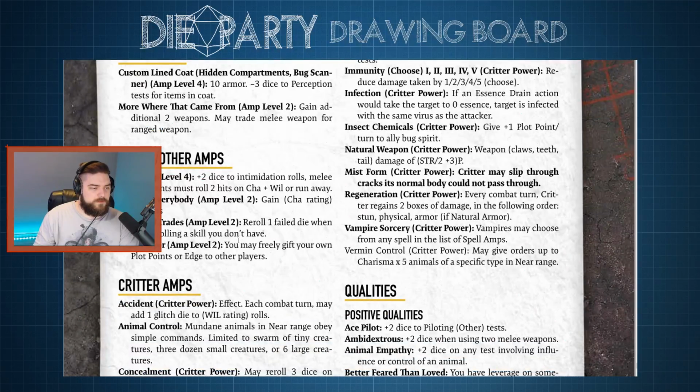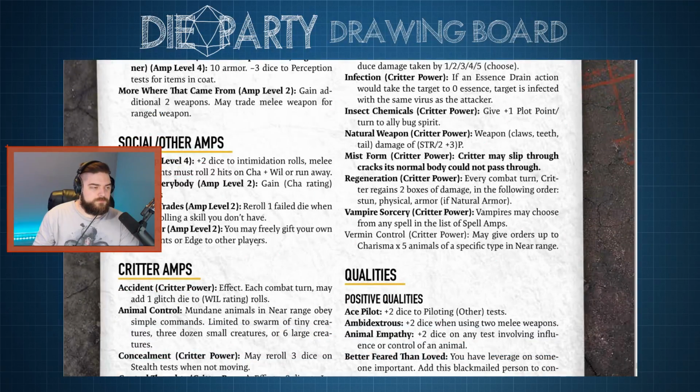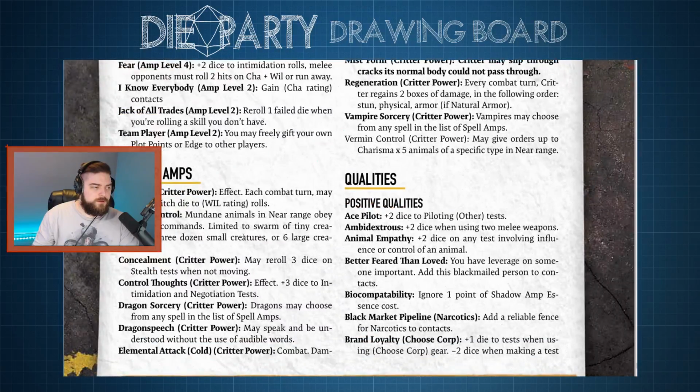Interesting. I don't know what critter amps do. Animal control. Mundane animals in near range take base simple commands, limited to a swarm of tiny creatures, 3 dozen small creatures, 6 large creatures. Oh, wow. Dragon sorcery. Dragons may choose...